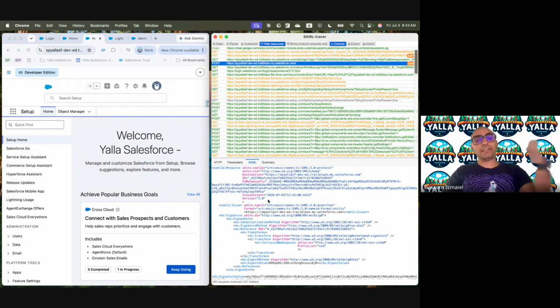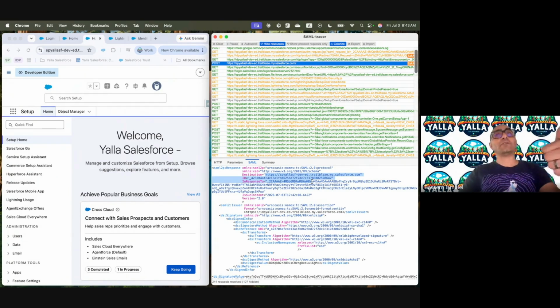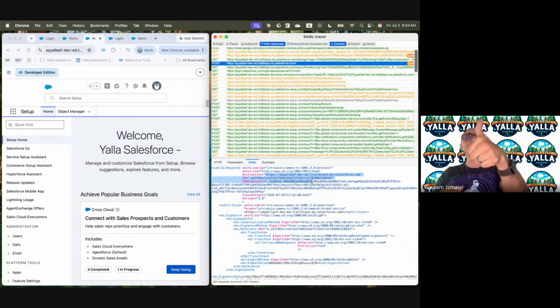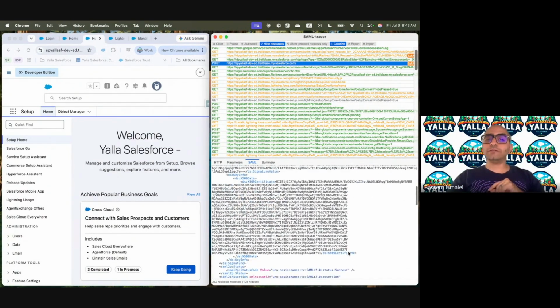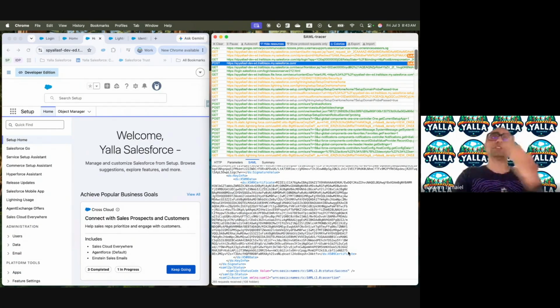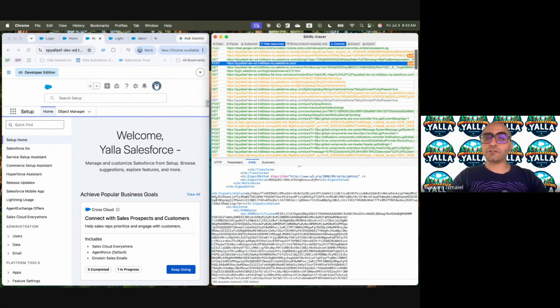The next one, the destination now became back to the service provider, saying, yes, you are allowed to access. So it's just a SAML exchange. I'm coming to the application I'm trying to access. It's going to redirect me to the one who will check my ID. Once they check my ID, they respond back saying, yes, you are allowed to be in. So this is the SAML exchange back and forth. And what brought us in here is that this exchange of information needs to be very secure. So that's why there is a signature and a certificate is needed. That's why when you scroll down into the SAML request and response exchange, you will find in here a signature.